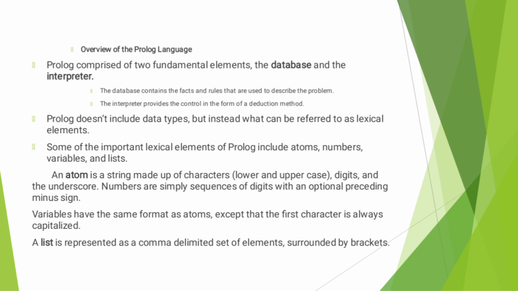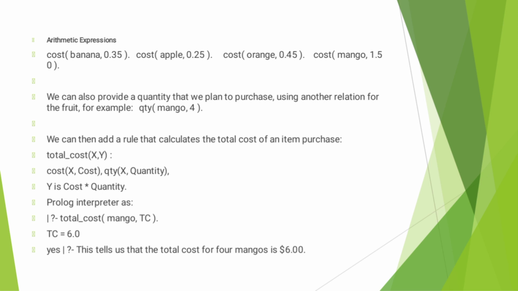An atom is represented as lower and uppercase characters, digits and underscore. Numbers are simply sequences of digits with an optional preceding minus sign. Variables have the same format as atoms, except the first character is always capitalized. A list is represented as a comma delimited set of elements surrounded by brackets. For example, person is an atom, here A is a capital, 86 is a number, then an arithmetic expression. Here we are given an example, cost banana